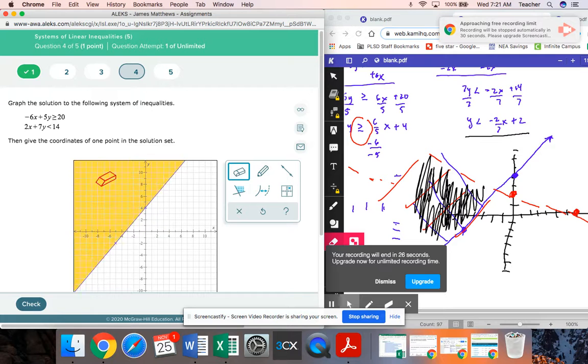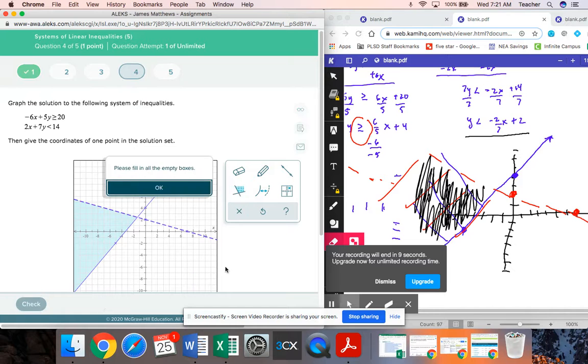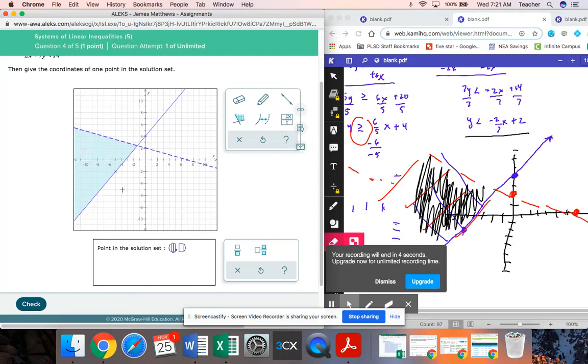Let me continue to do it quickly because I'm running out of time. Let me do this one here. Let me shade this one, go up to 2, and then let me go down 2 to the right 7. And then that should be a dotted line. And then let me go ahead and shade just this area right here. And if we check that, we should be good. Oh, give a point in the solution set. Let's go -6